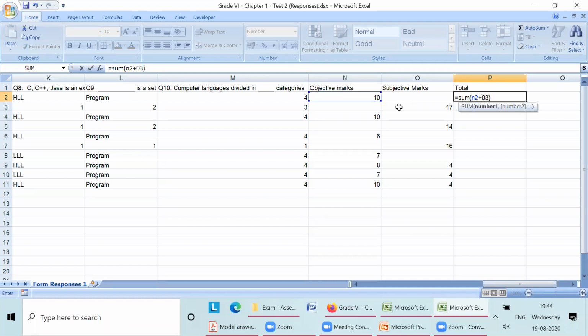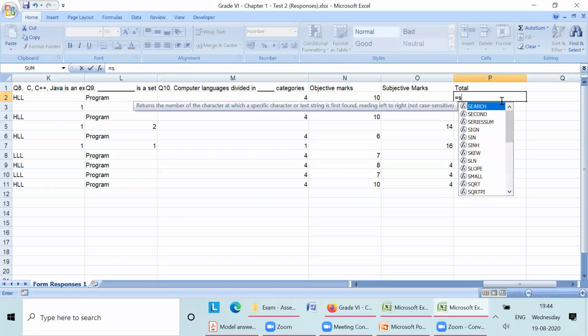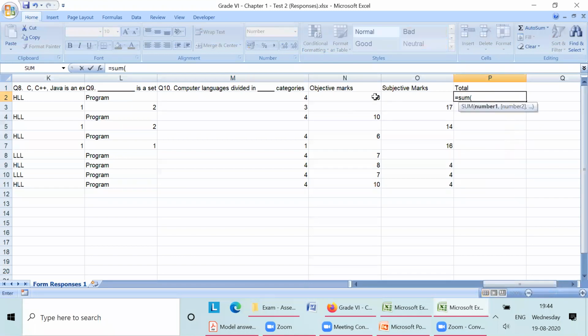It will give the same result. So it is easier. Equal to sum this plus this and enter. So you will get the total.